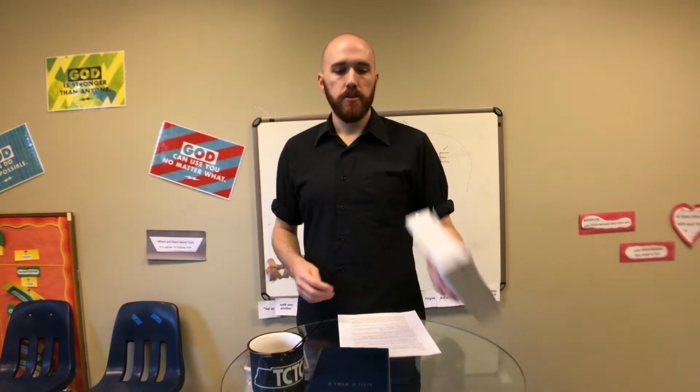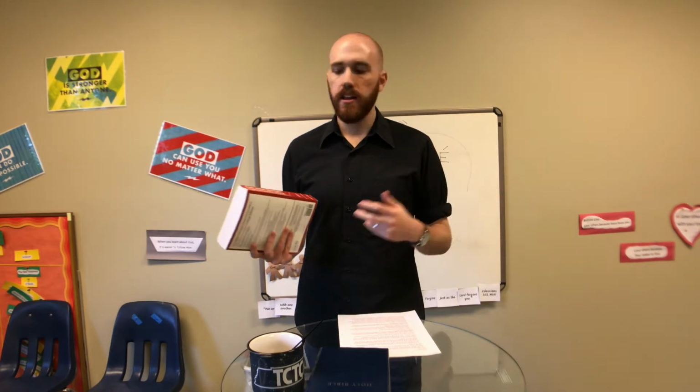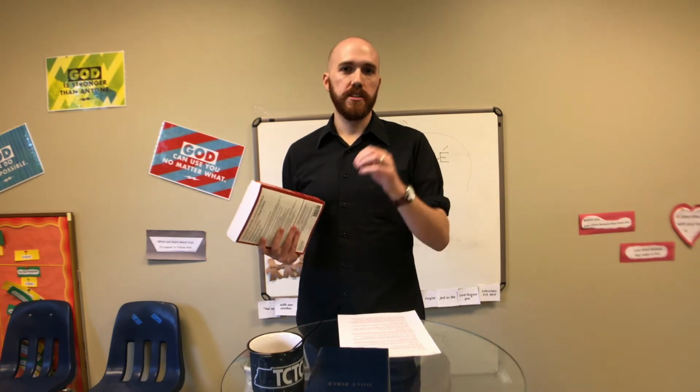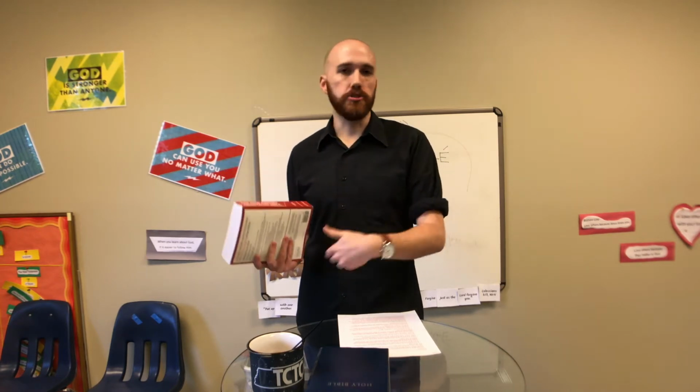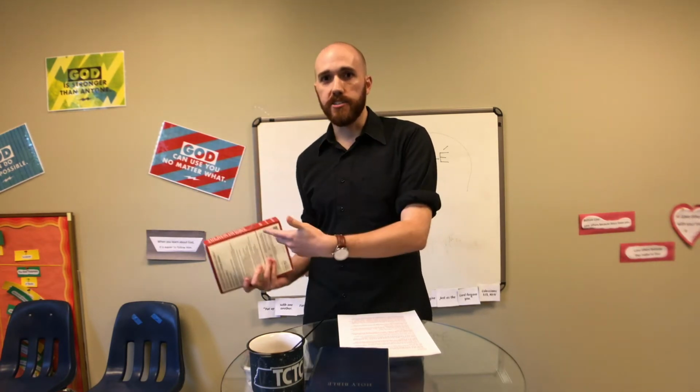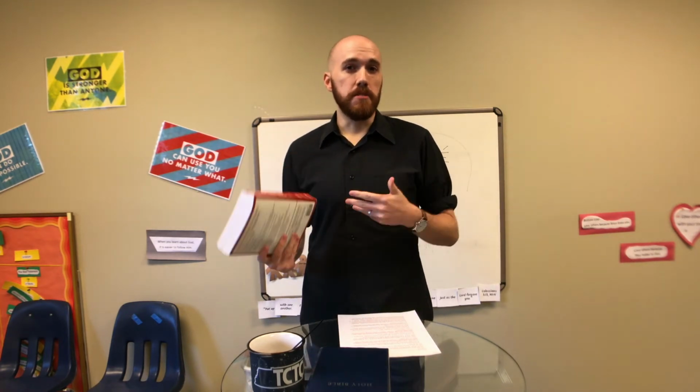The other option was a word-for-word translation. This is a translation where they look at the ancient languages again, and then they try to come up with the closest English word to represent the ancient Greek or ancient Hebrew that the author was using. Sometimes these can be a lot more complicated, a bit harder to understand because they're translating ancient languages to English, but you can pick up on a lot of nuances that you might miss otherwise. And my big summary from that lesson was that you should always have one of both of these translation philosophies. You should have one Bible that's more thought-for-thought, and one that's more word-for-word